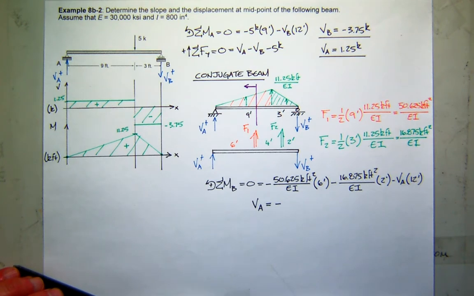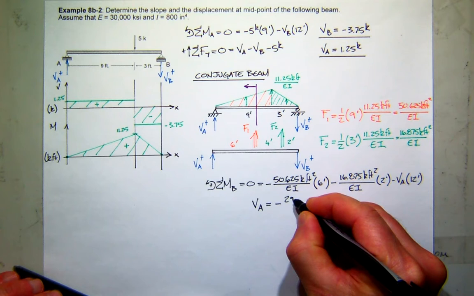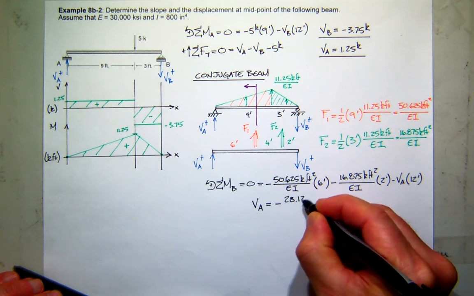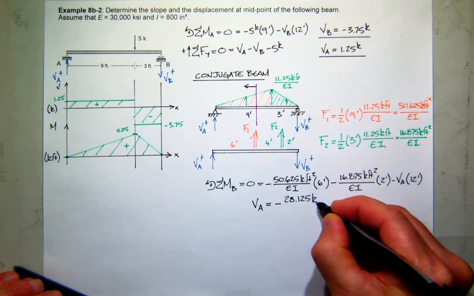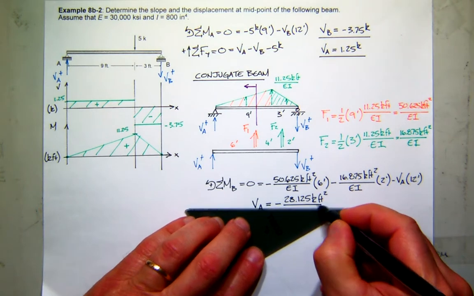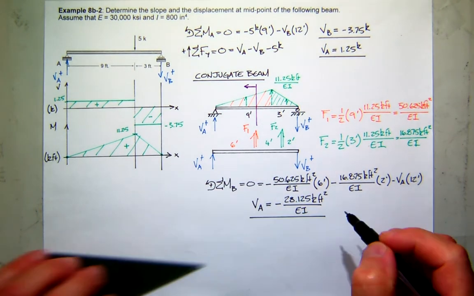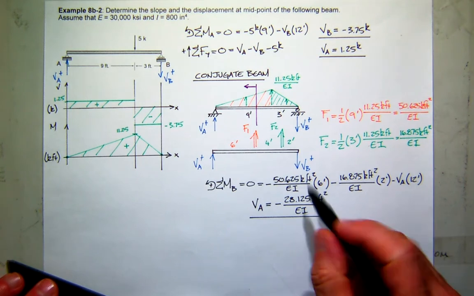$28.75, I'm guessing. Nobody? You'll have to make 28.125. And that will be kip feet squared over EI. I don't really need that value, but I need it to get to where I want to go, which is